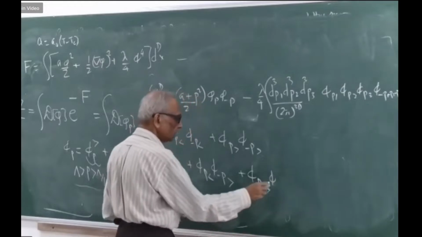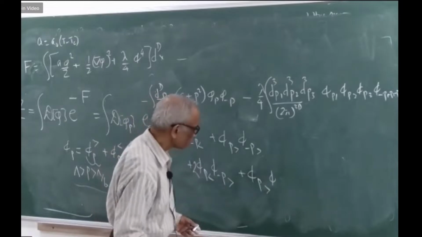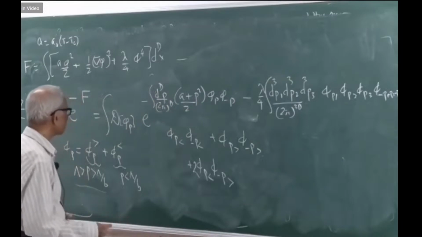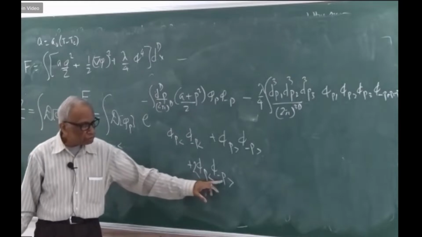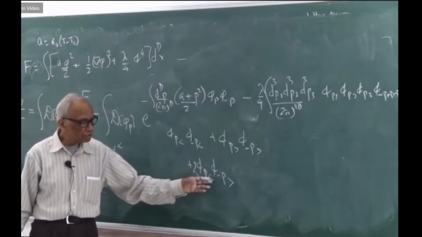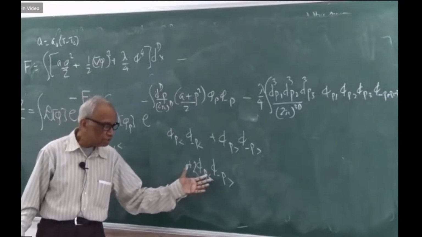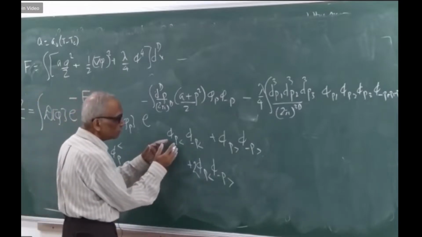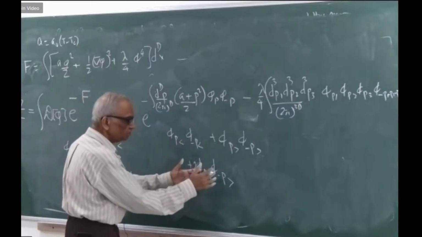Terms which look like this are not going to survive. They are linear terms over here, and linear terms are not going to survive in this quadrant. You are going to integrate all. When I'm doing an integration over the phi less, this is just a shift in the